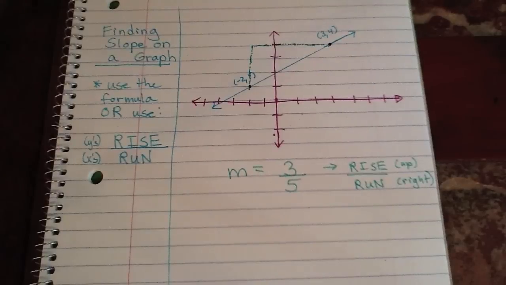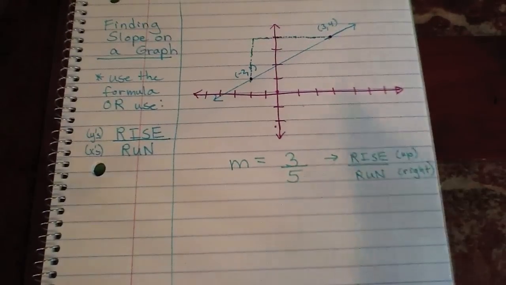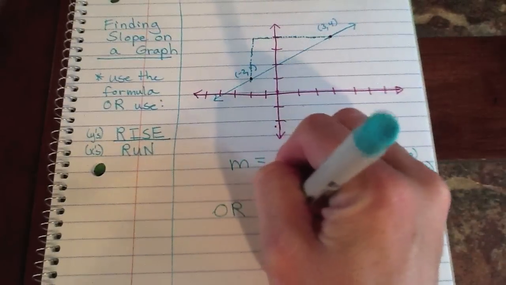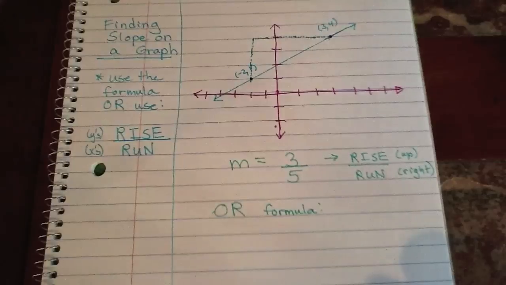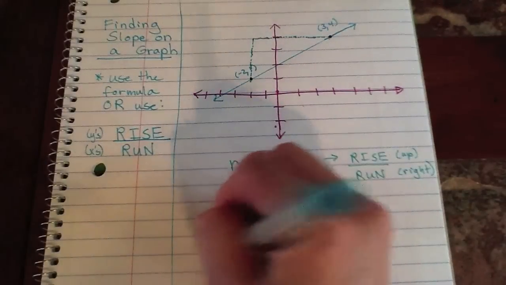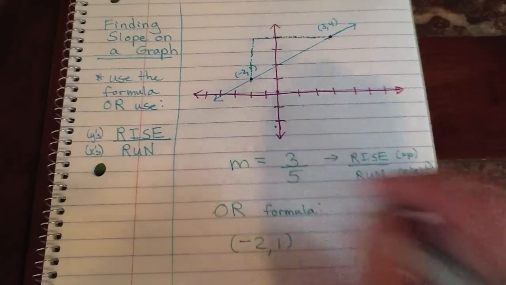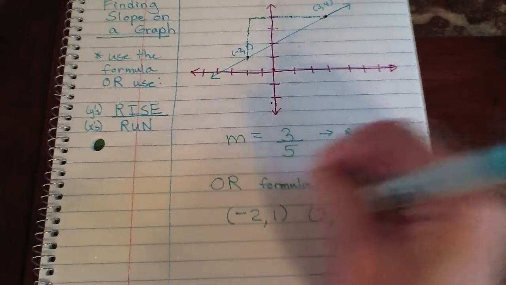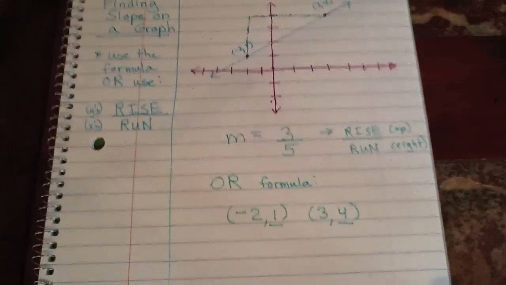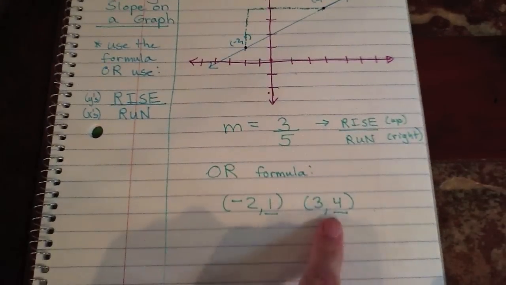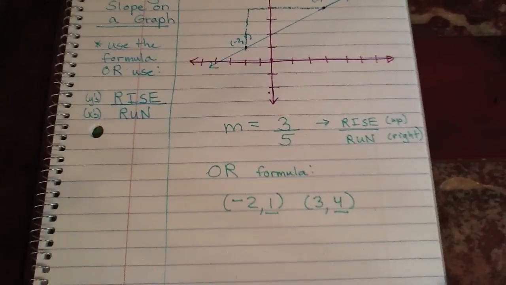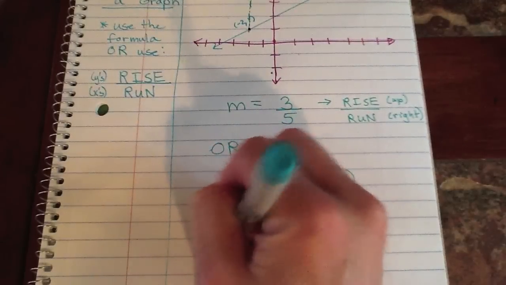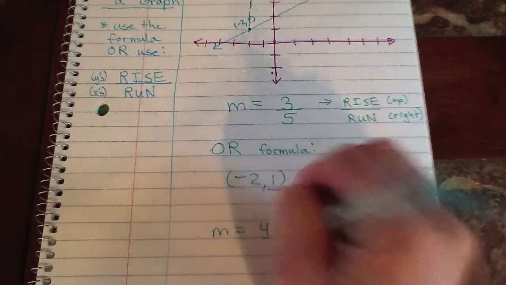So let's go ahead and try it with the formula based on the 2 points we looked at, just to prove that we know how to do both. And our formula, remember, we write our 2 points down. We have -2, 1, and we also have 3, 4. Underline your y's, those are the first, and then decide, do I want to have 1 minus 4, or 4 minus 1? And I would probably choose 4 minus 1 because I like to keep it positive when I can. So I have 4 minus 1 over,